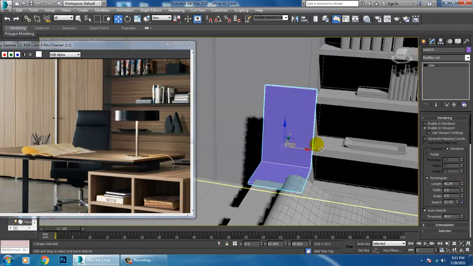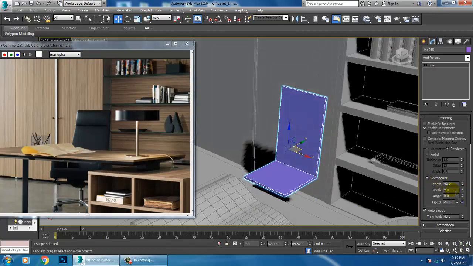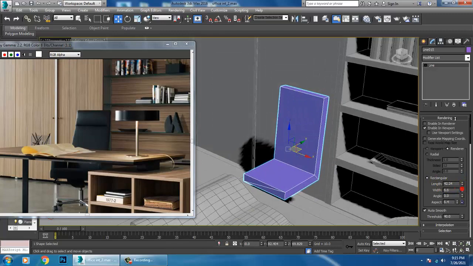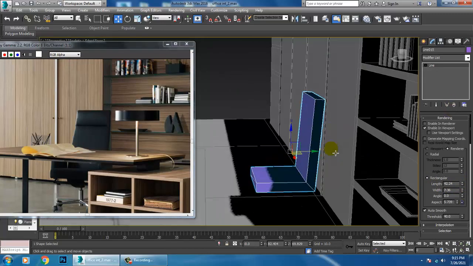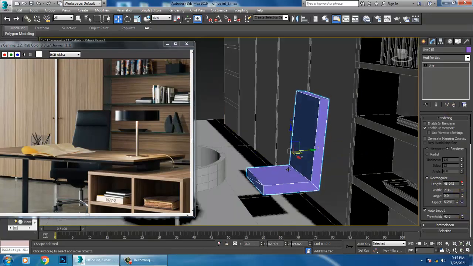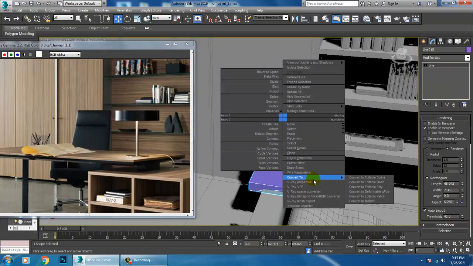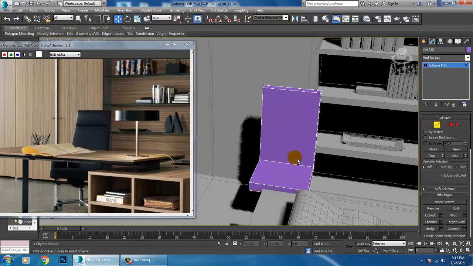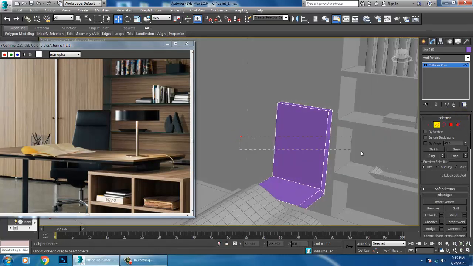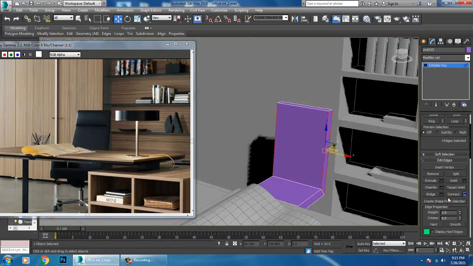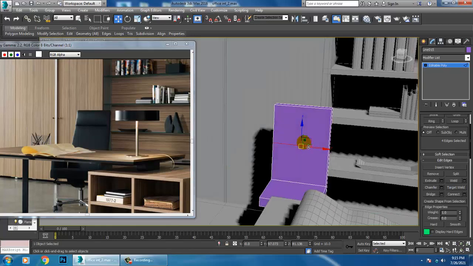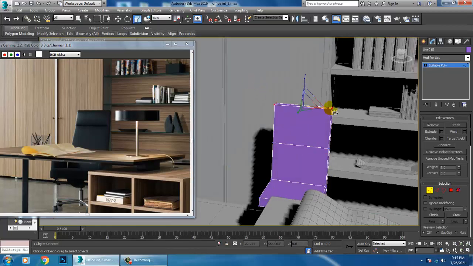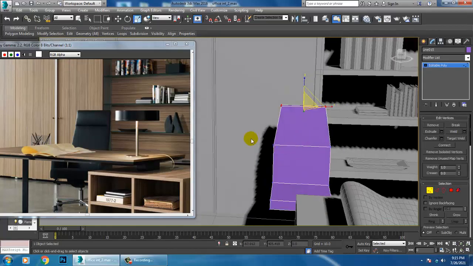After that, let's make it thicker. Convert to editable poly, select the edge and let's put one loop over here. Let's select this, press R and slightly scale that.